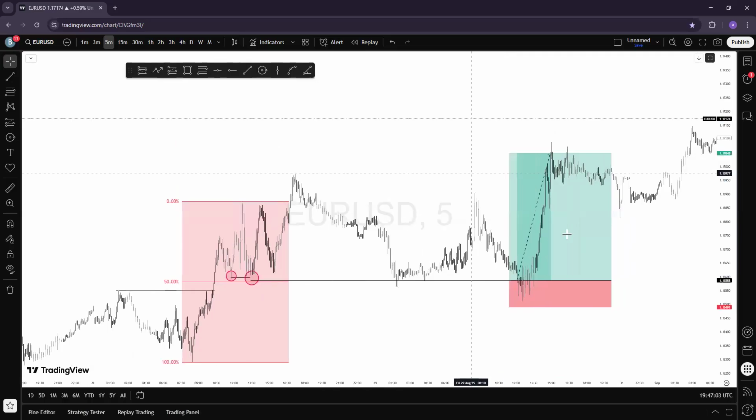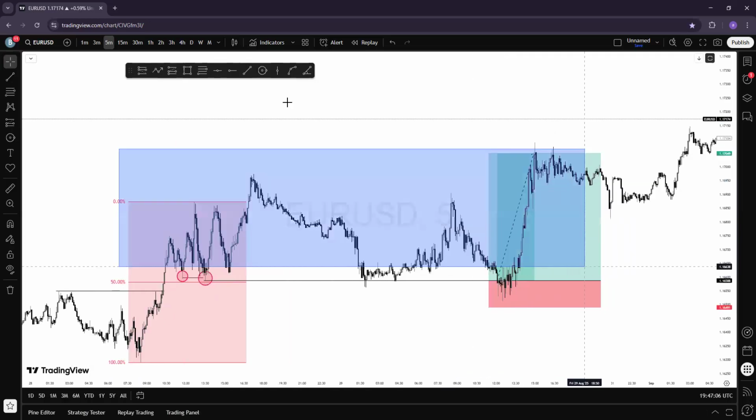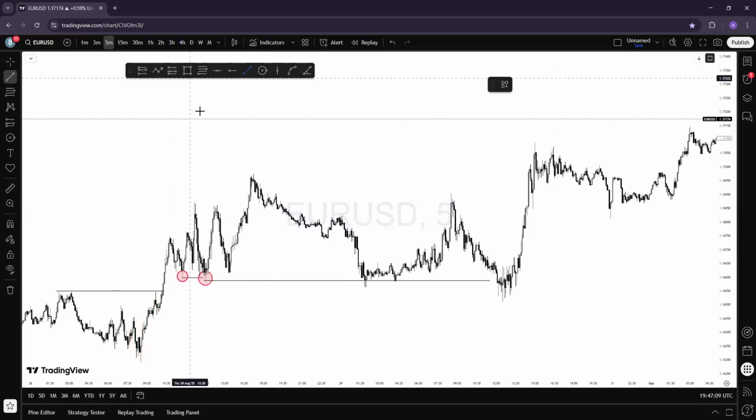As it is, a lot of people will say this is, let me show you something. Some people will mark this guy out as the order block because the market grabbed the liquidity here. But what happened? The market took them out. When the market takes them out, what do you think they want to do here? They are selling.